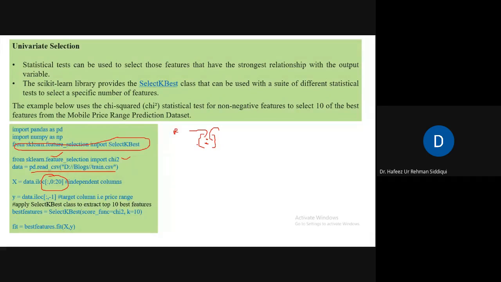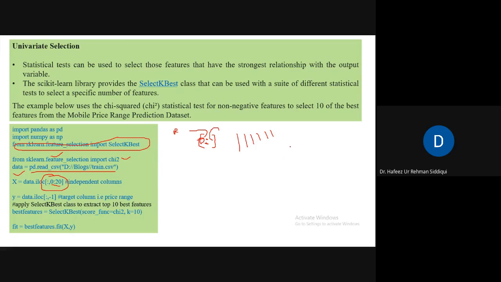So you can see here before the colon there is nothing, no value is here. So this means all rows. And after the colon we have a comma, and here we have 0 to 20. This means columns. 0 to 20 columns. So this will give all the values, all the 20 columns values to this,